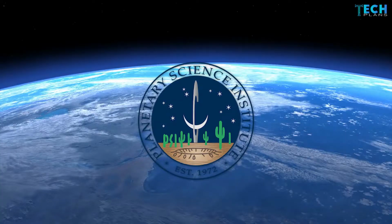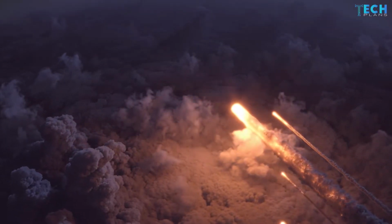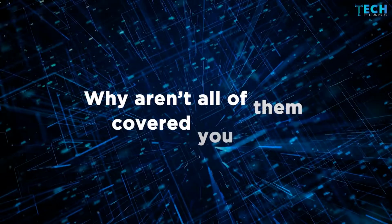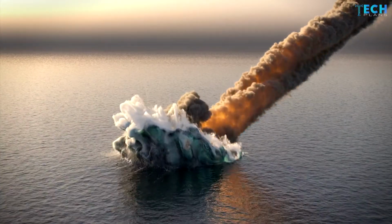space too. According to the Planetary Science Institute, 500 estimated meteorites reach the surface of the Earth each year, but only less than 10 are recovered. That's a lot of falling space rocks. But why aren't all of them recovered, you ask? Well, that's because most fall into bodies of water like oceans, seas, or lakes, as well as land in remote